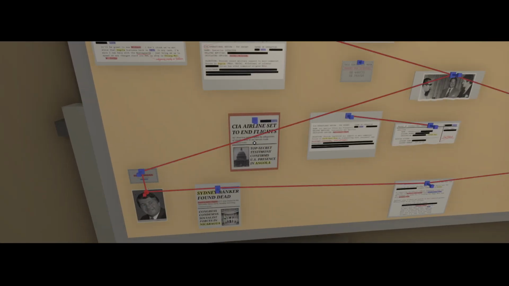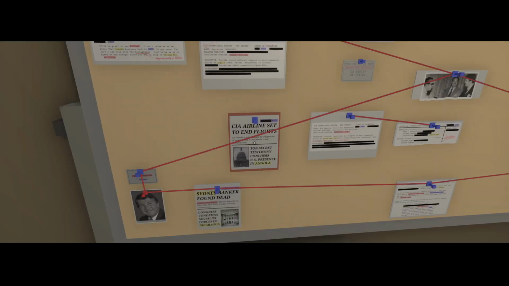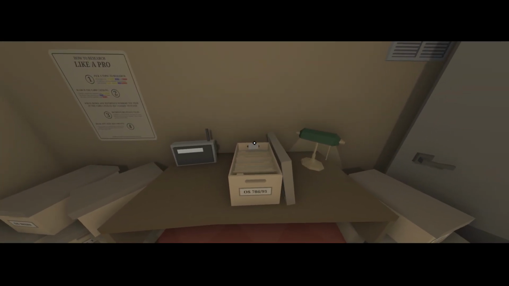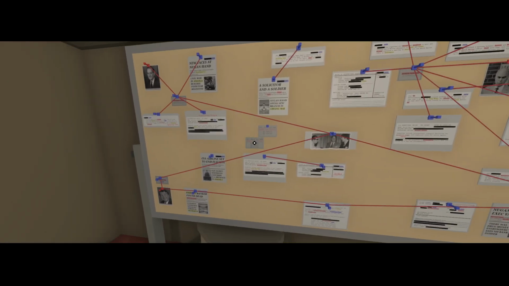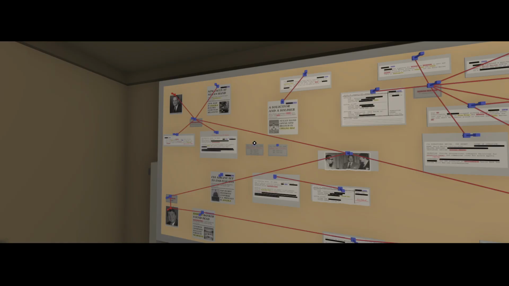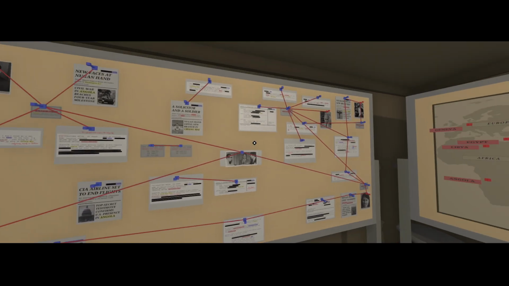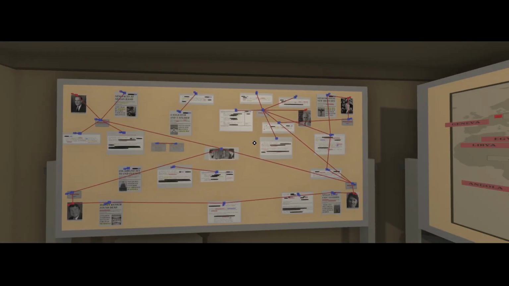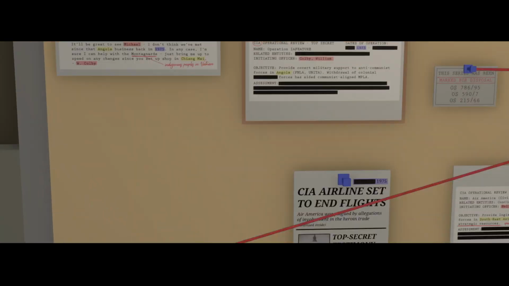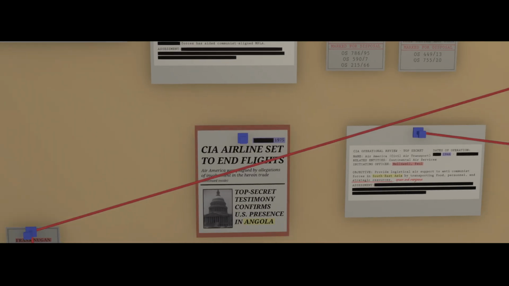Well, this just mentions Angola, but it had to do with Edwin Wilson. Oh, marked for disposal again. Wait, so let's check this one. Wilson Edwin. But Iris' attention to Hellwell's Castle Bank has forced us to do nude. Okay, and all we have is a picture of him. So now we're focusing on these.